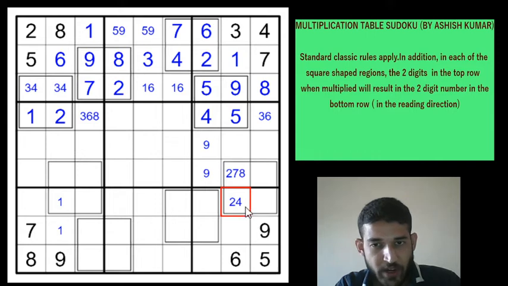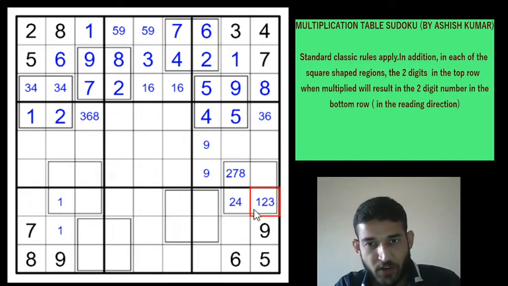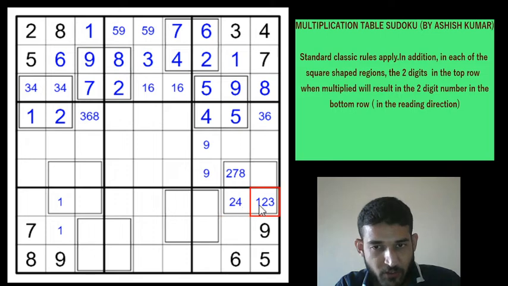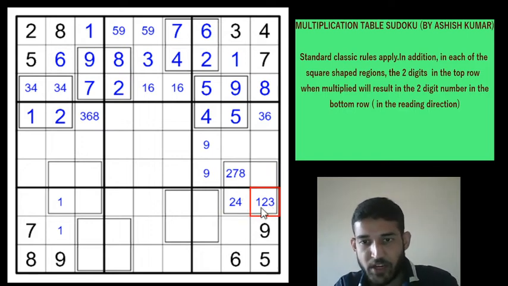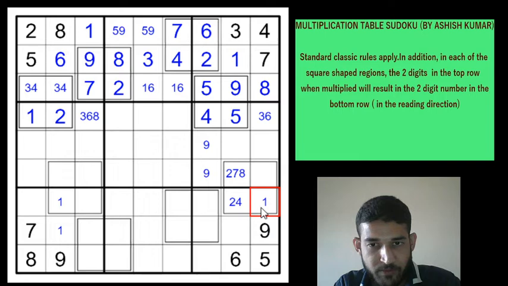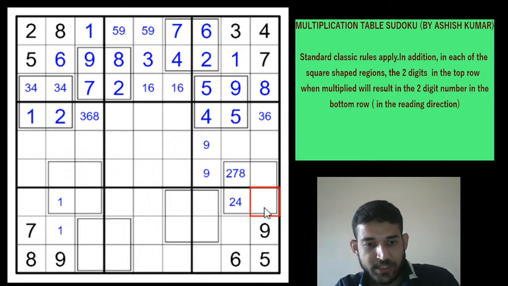If you have a 4 here, what are the possibilities here? You have 4, 7, 8, 5 and 9, right? Also 6 is not possible, so this can only be 1, 2, 3 using classic rules. When it is 4, you can't have a 41 because 41 is prime, and 42 is perfectly possible because you can have the 7 here and 6 here. 43 is again not possible, which is a prime. So when you have a 4, the only possibility is a 2.